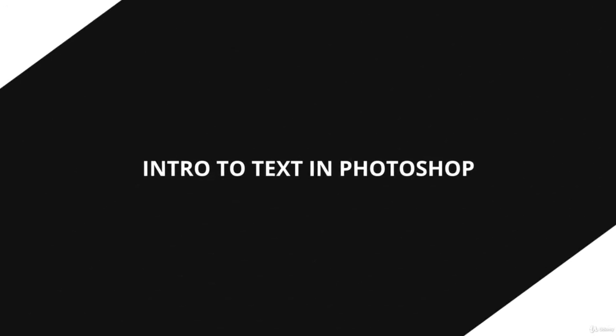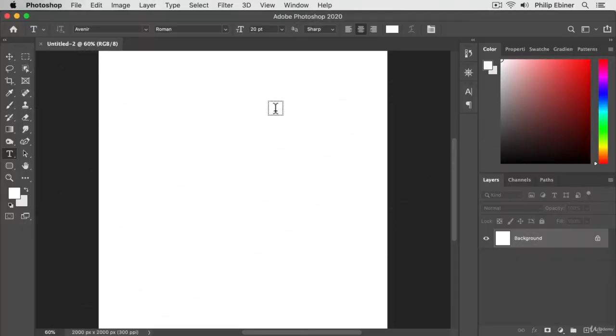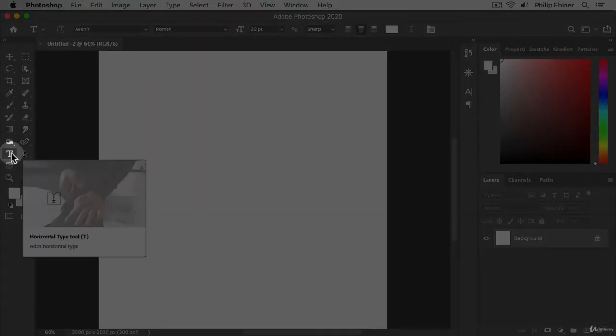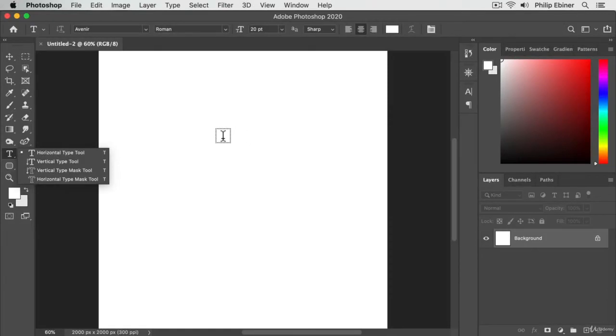Welcome to this new lesson on editing and adding text to your Photoshop projects. So I've gone ahead and created a new document, just 2000 by 2000 pixels with a white background. To get to your text editor or text tool, just go to this T or press the T on your